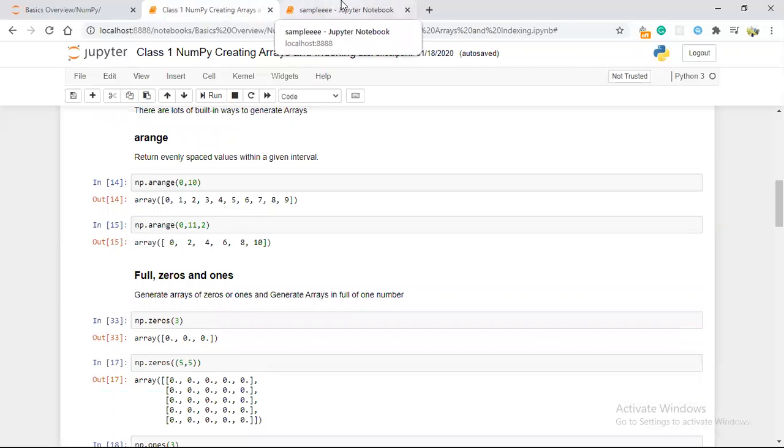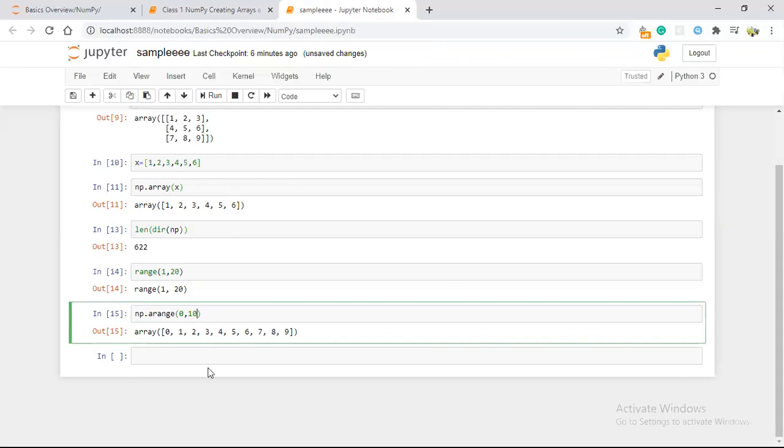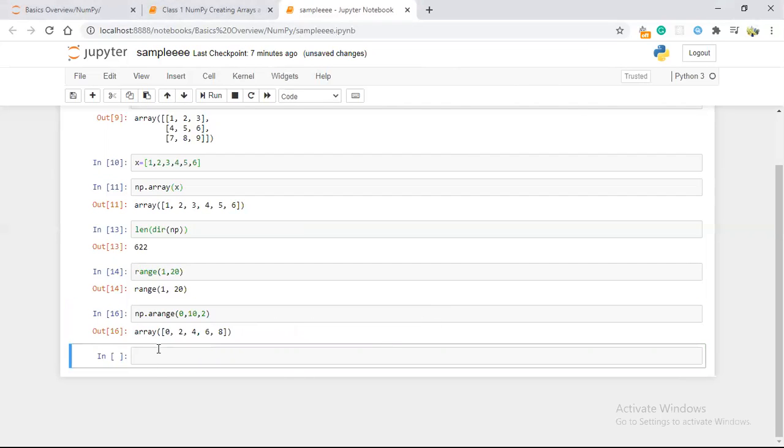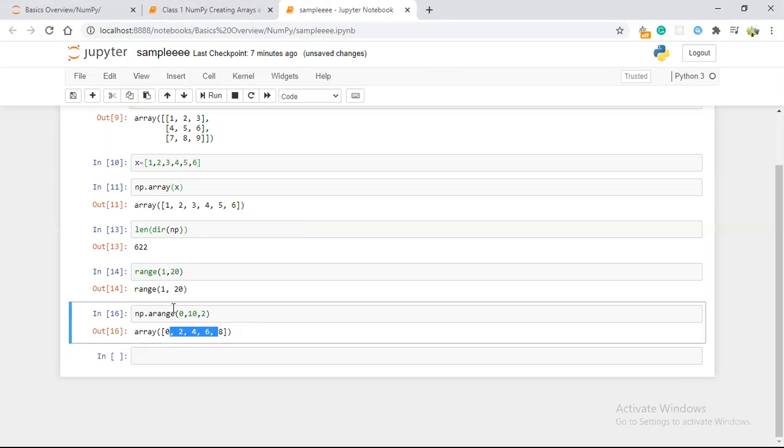The next thing is, in this arange you can give a step as well. So with 0 to 10 you get an output like this. If I am giving a step of 2, it will give two steps. That means you will get 0, then 2, then 4, then 6, then 8. Like this we will get our output. Let me execute this. See, so start, end, and a step. This is how arange will work.